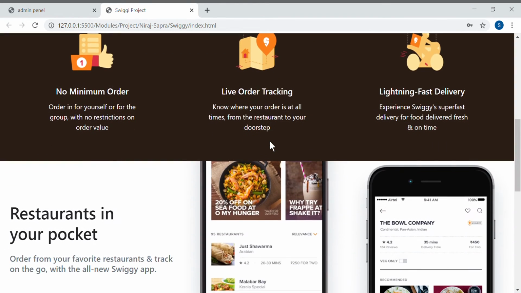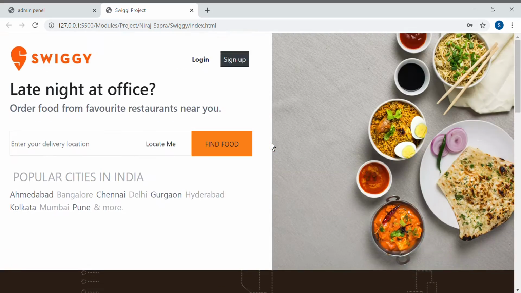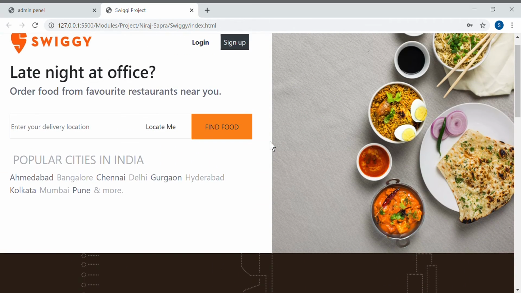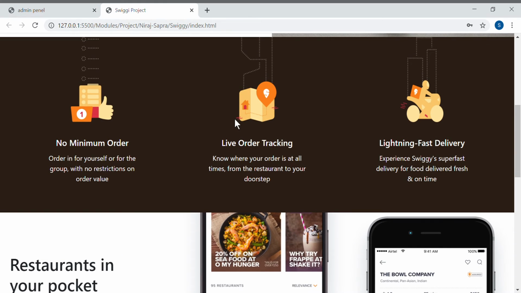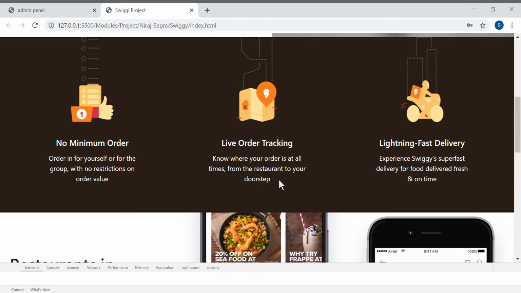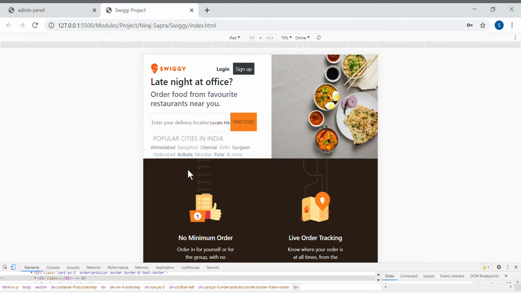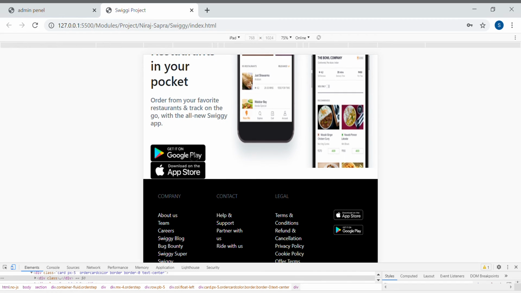This page is also fully responsive, and we show a footer, header and article. I can show how this page looks responsive in mobile view. So this is the iPad view. The iPad view looks like this, right?